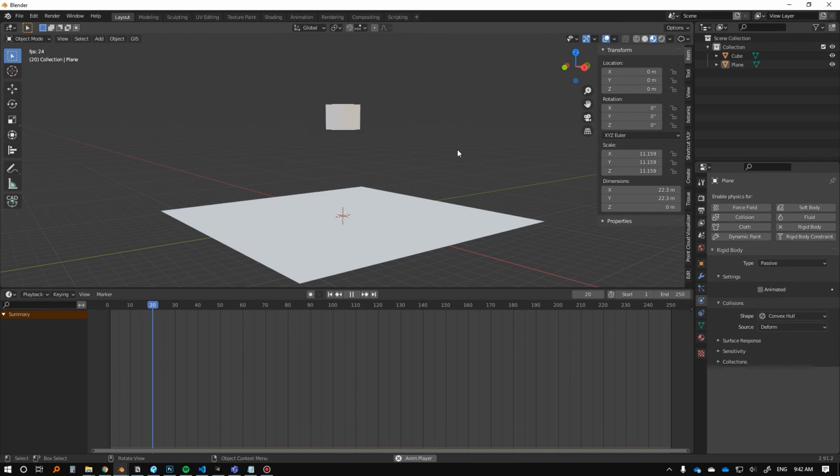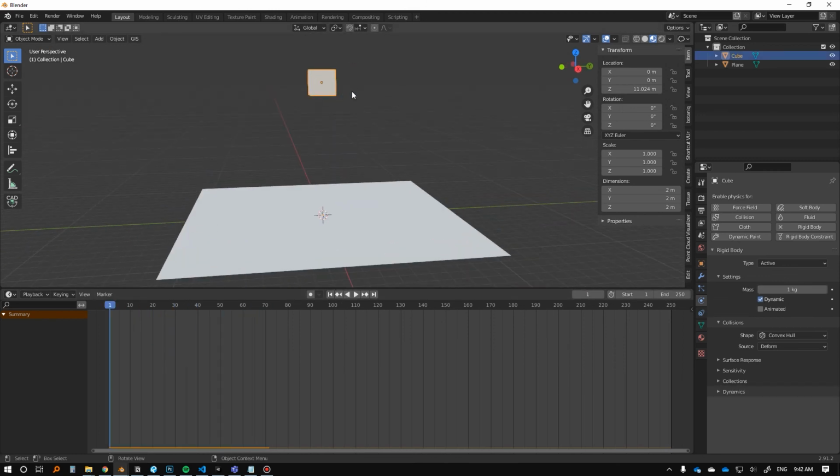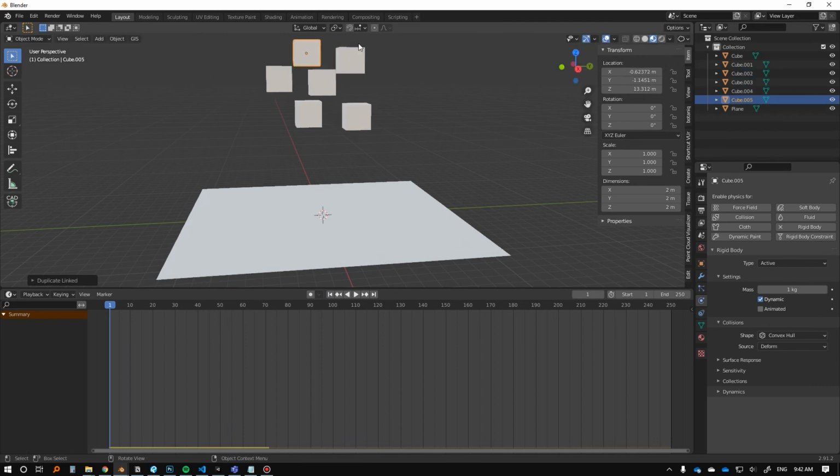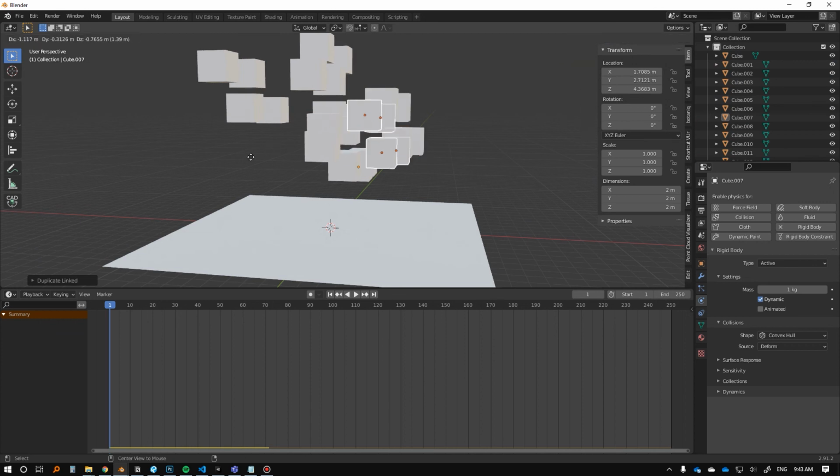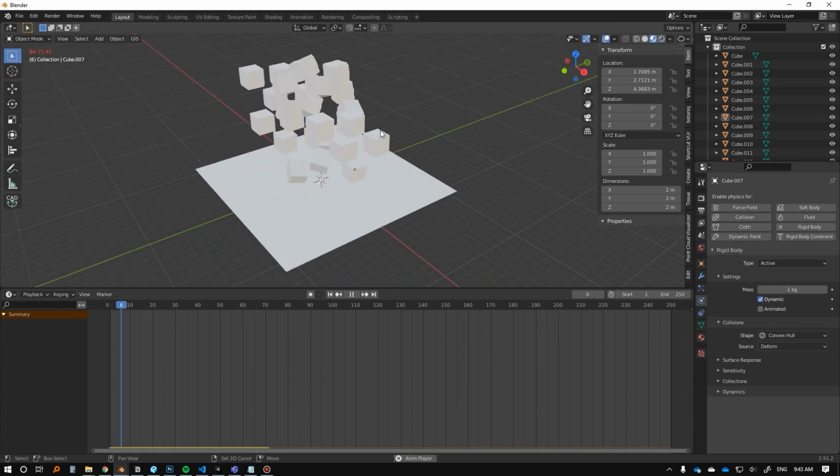And right away, if I press spacebar, there we go. And that's really it. I mean, we can just duplicate this now as much as we want. We can start duplicating it this way. And then if I press space,